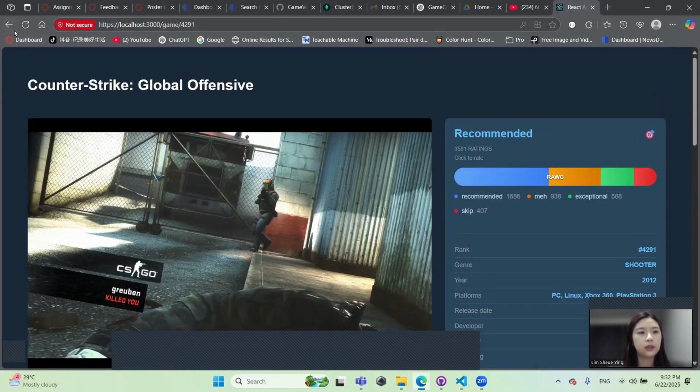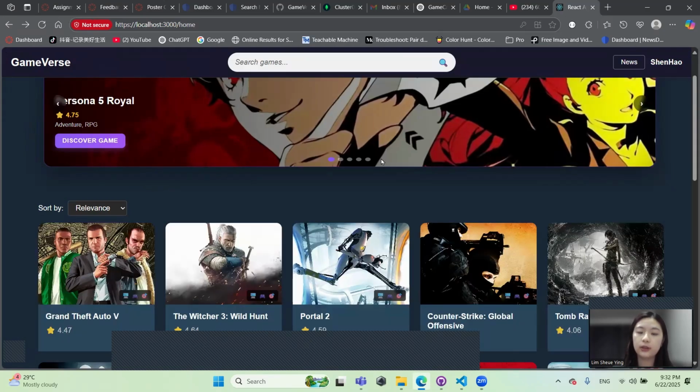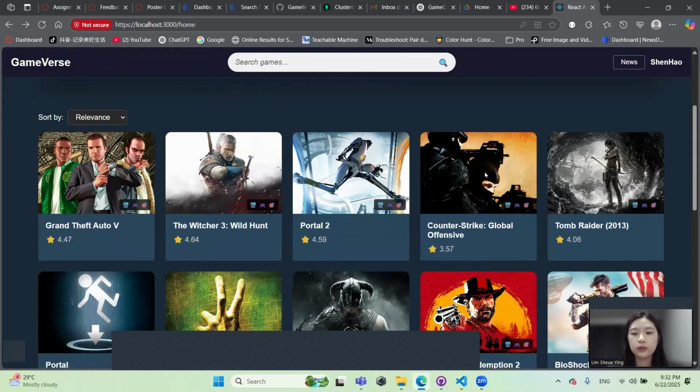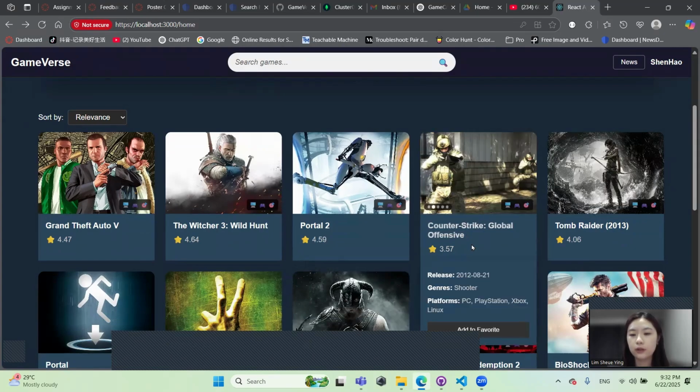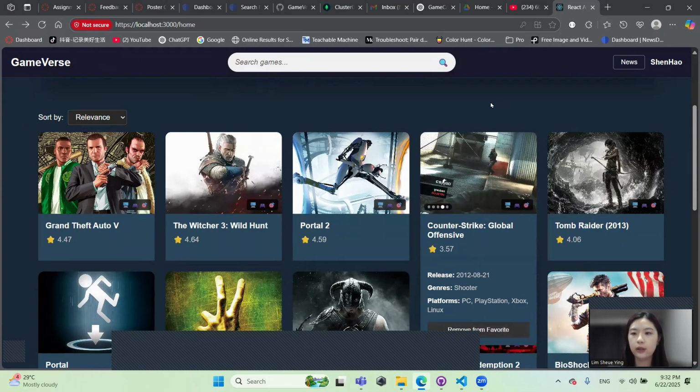So next, the next function is the add to favorite function. Users can add the game to their favorite list by clicking on this button, add to favorite. And when the game is added to favorite,